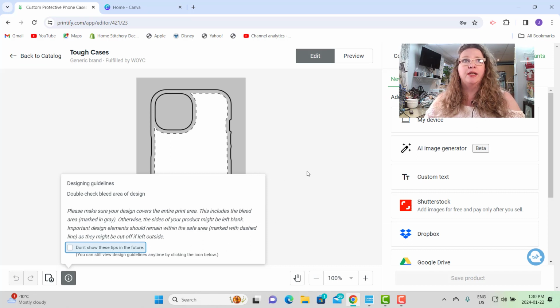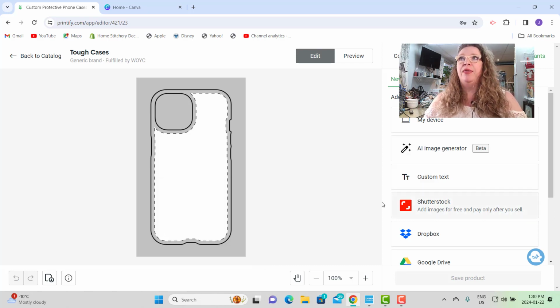Now, once I've got this opened up, Printify is going to give you some details for how to best design your case. And it's going to say things like, make sure your design covers the entire print area. This includes the bleed area marked in gray. Otherwise, the sides of the products may be left blank. Important design elements should stay within the safe area, marked with the dashed line, as they might be cut off. So make sure that you read all of the instructions that Printify is giving you,